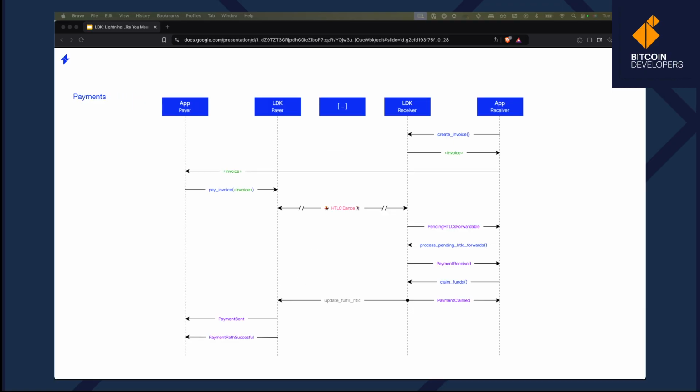So let's talk about payments as well. In this diagram, we've got two applications that are running LDK. One of the applications is going to receive funds, and the other application is going to be the payer of the funds. So the receiver calls the create invoice method in LDK. It's been slightly updated actually to create invoice from channel manager, but the concept's still the same. And this returns an invoice,